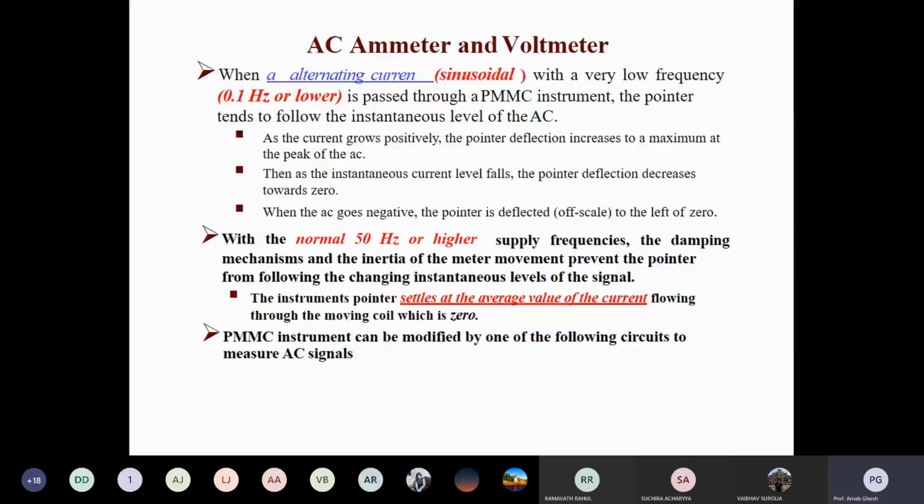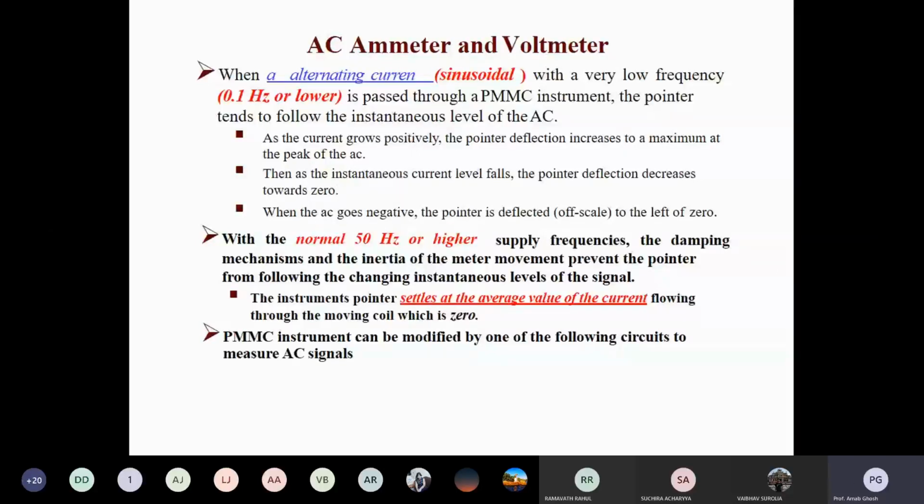But if you directly use this PMMC instrument for AC measurement, what happens? It's alternating in nature. If you connect your DC instrument, the PMMC instrument, to alternating voltage or current sources,